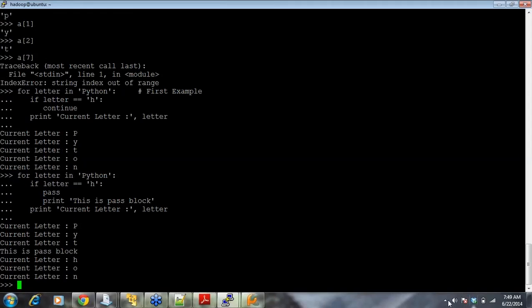Now you see in the pass block, whenever the letter matches, I'm just printing this is a pass block, right? It just prints P, Y, T, and then whenever it matches H, it goes inside here, does whatever it has, and then it skips